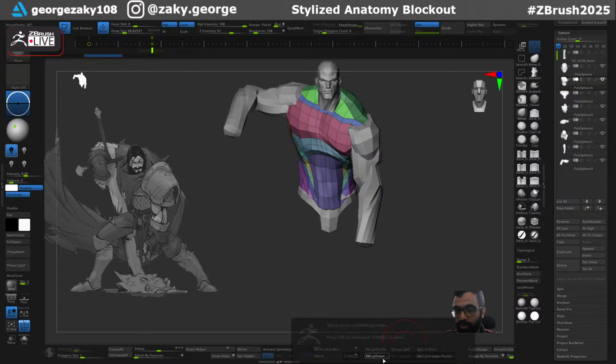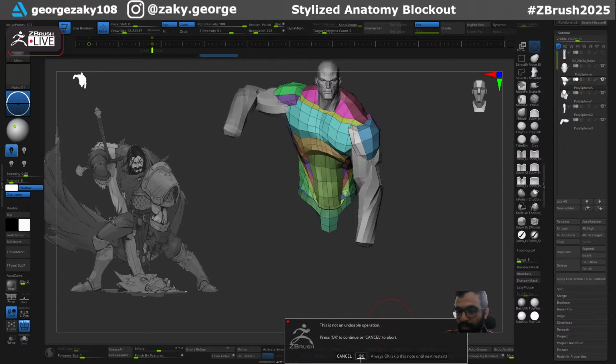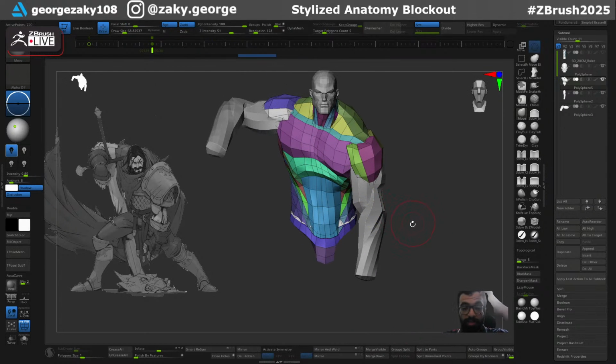So I will just merge down, and his neck also. Yeah, I know. Merge down, merge down. That's his neck. Like that. Then I will